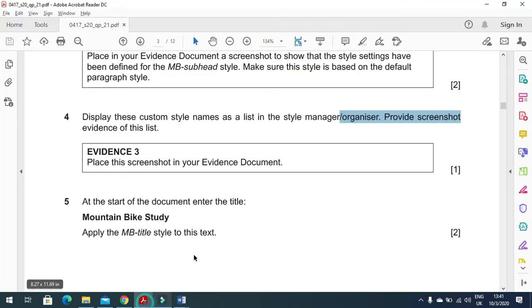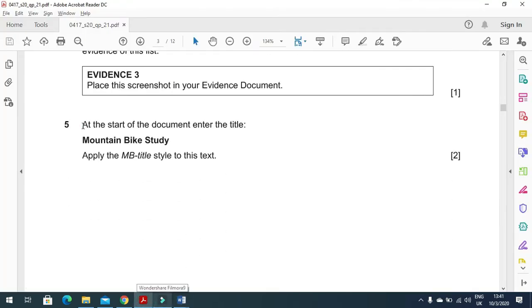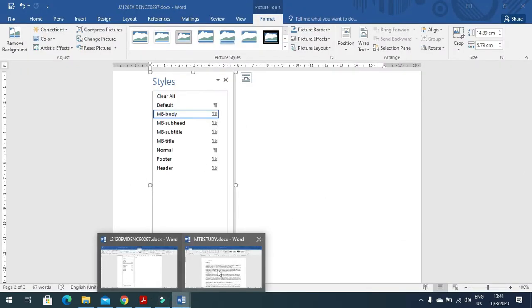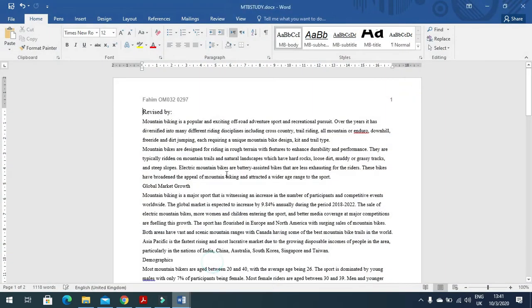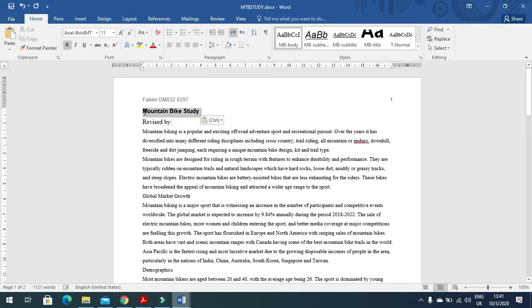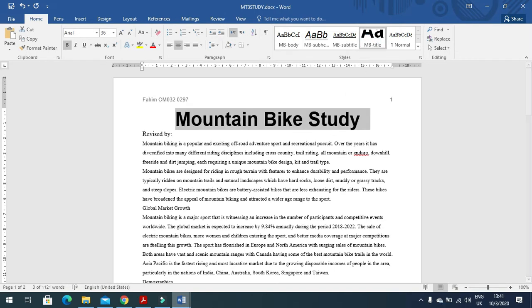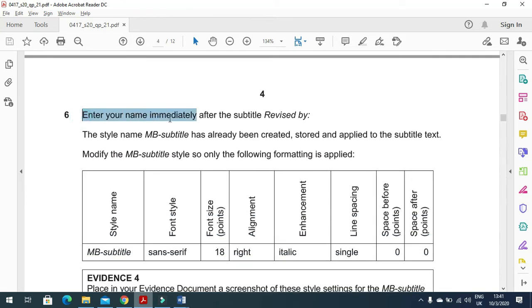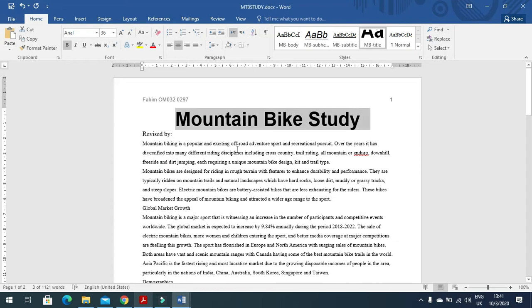That's it. Fine. Here they said at the start of the document enter the title mountain bike study and apply the MB title style to it. So we'll go here, and then we'll paste, and MB title is what we have applied. And then after they mention that enter your name immediately after the subtitle revised by, here you just type your name,